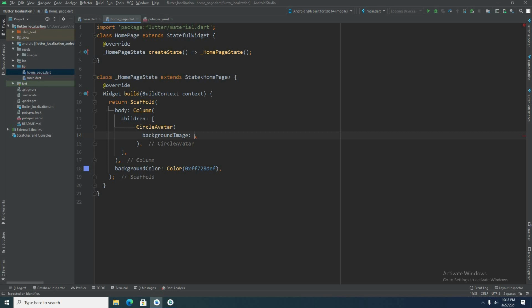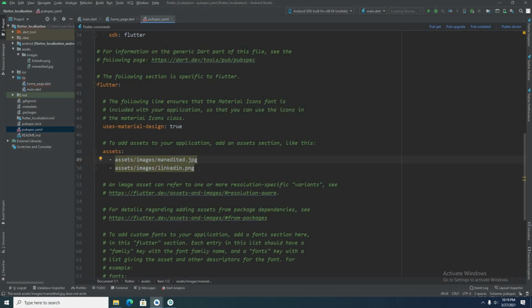Now, in order to display an image, I have created a directory called assets inside our project, inside which I have created another directory called images, where I have kept all the images that we'll be using in our project. And after that, inside the pubspec.yaml file, you have to pass the path of an image in this order. So I have added it all here.